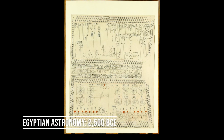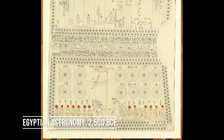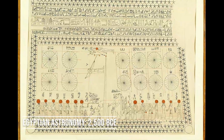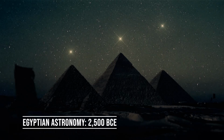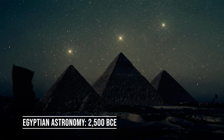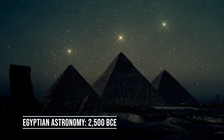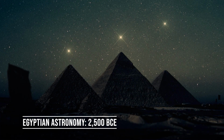By the start of the historical dynastic period in the 3rd millennium BCE, a 365-day calendar was established based on stellar observations, particularly for predicting the annual flooding of the Nile. The precise alignment of the Egyptian pyramids towards the pole star, notably Thuban in the Draco constellation due to the precession of the equinoxes, and the temple of Amun-Re at Karnak towards the midwinter sun's rising, highlight the technical prowess